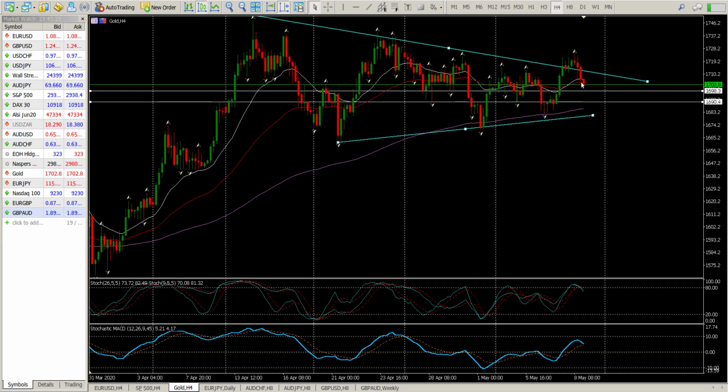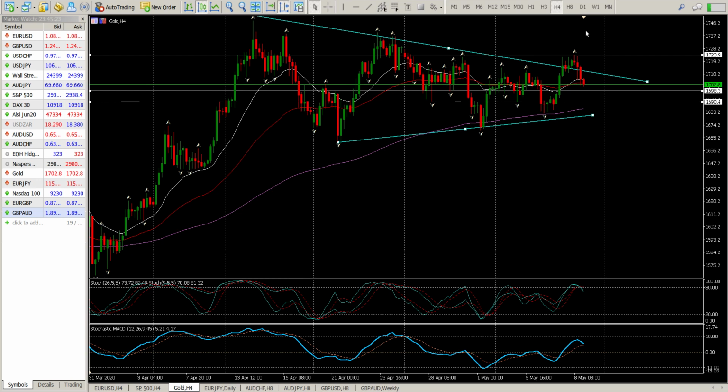So the two areas that I'm watching for at the moment are going to be 1689 and following that 1690. Okay, and what I'm looking for is ultimately a break above 1723. A break above 1723 will get me to move my stop up, lock some profit in, and let that run for the week. Okay, so gold is looking pretty interesting, and I think that's something that we need to pay